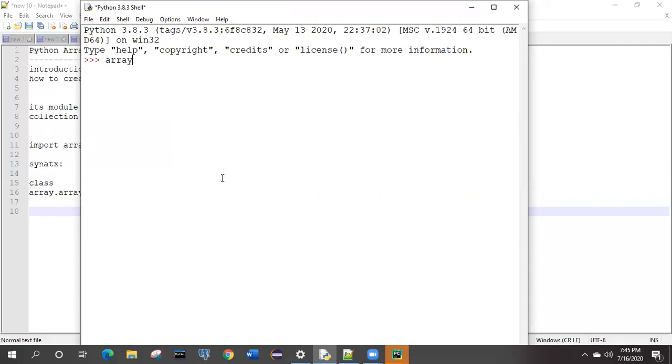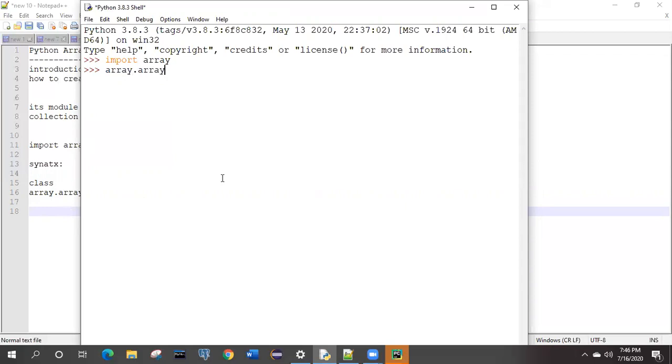Okay, anyhow, as we have seen, if we need to work, first we need to import it, right? So we have imported now, so the array object is available to us. Now we need to see how we are going to initialize things. So how will it work?